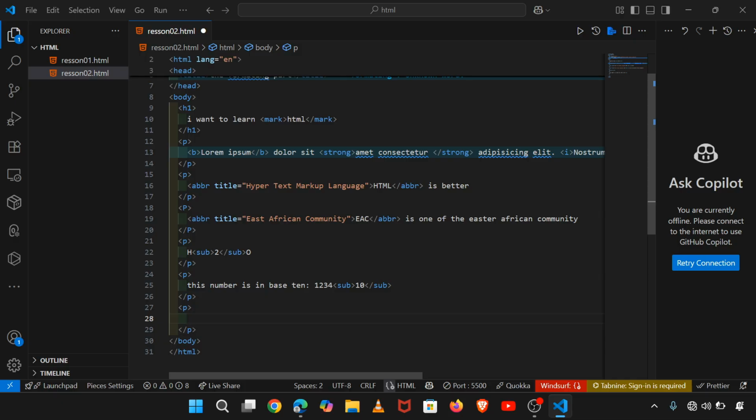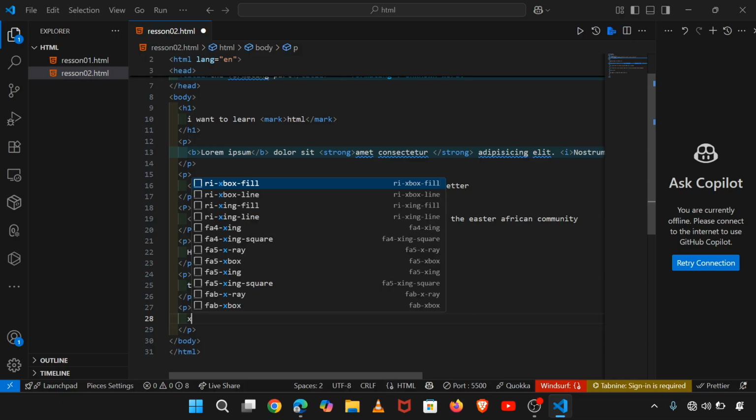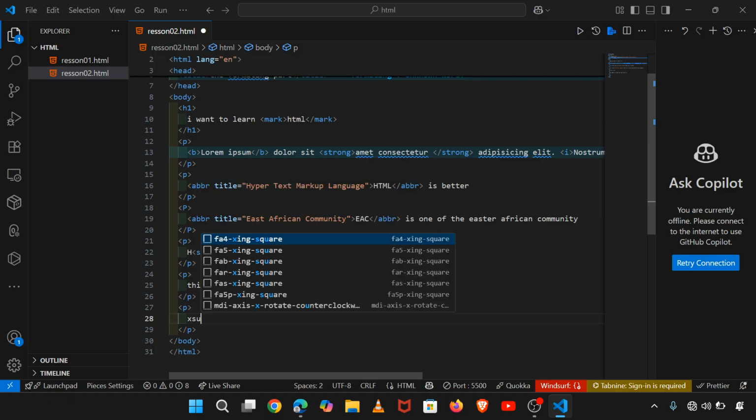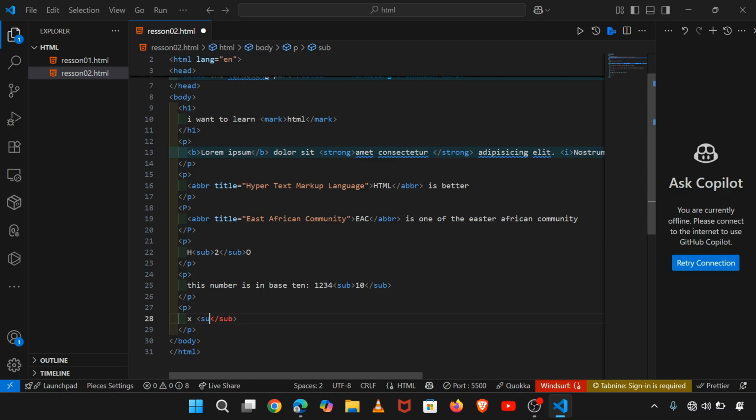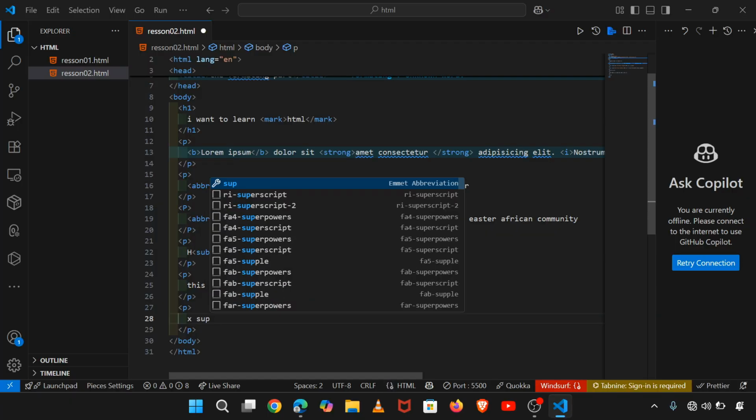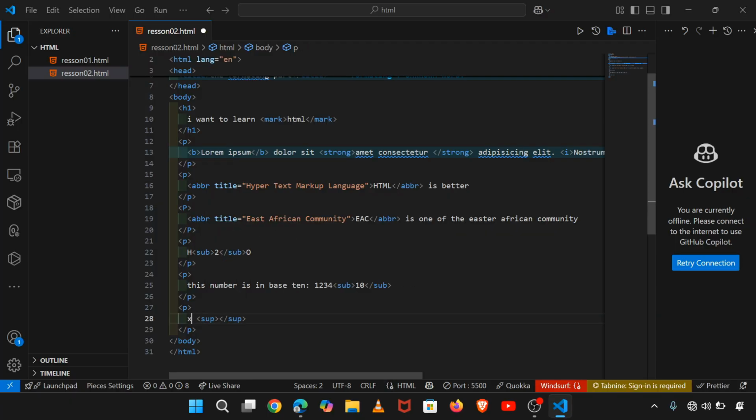We say that x superscript, sup like this, sup 3, then you may copy this,